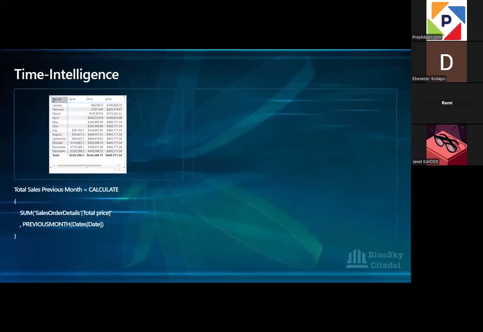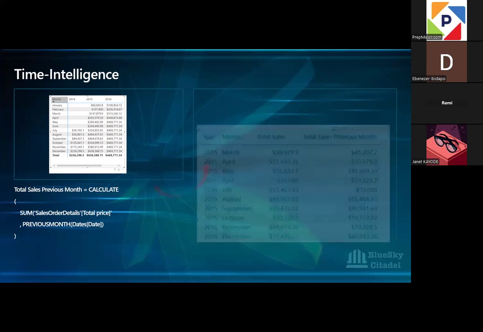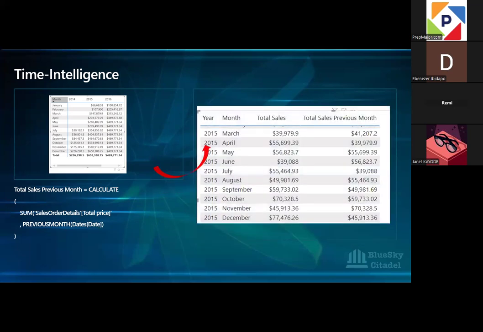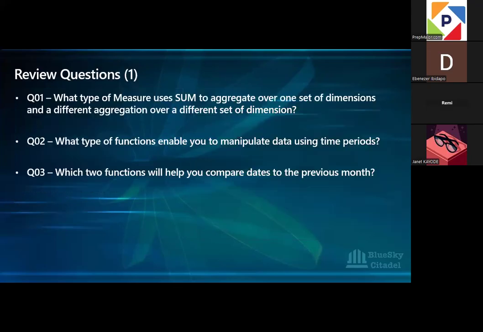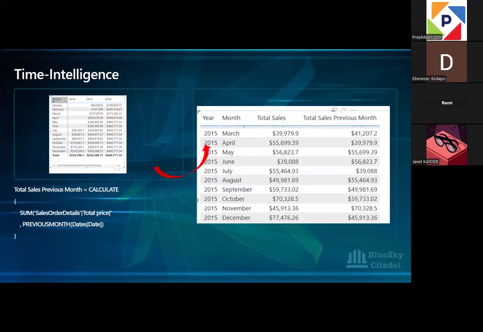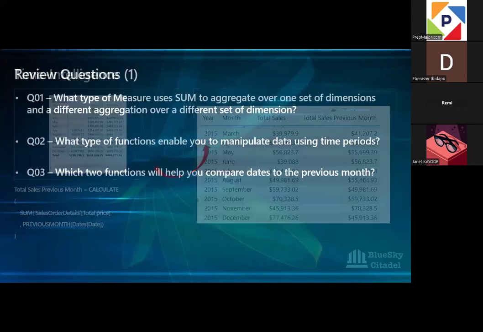Time intelligence is when you are writing calculations that are time conscious, okay? Time conscious. So it is just showing you 2015 March, 2015. So you can write a formula that will take cognizance of when an activity took place, okay, and what to do, right? So that takes me to the end of